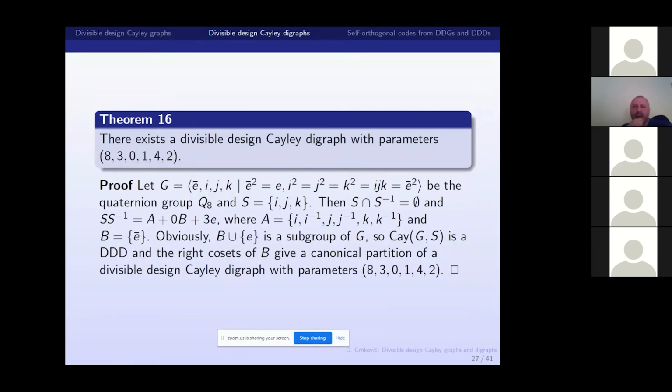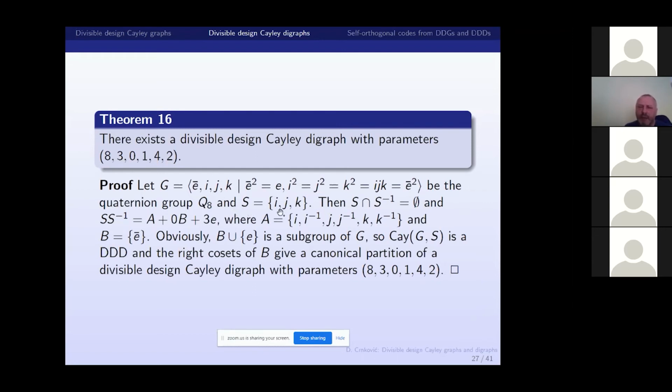And now this is construction of Cayley DDD with parameters A30142. So this is interesting in a way that here we directly applied this theorem, so it is constructed directly from the group, namely the quaternion group of order 8. So we take this group, the quaternion group,